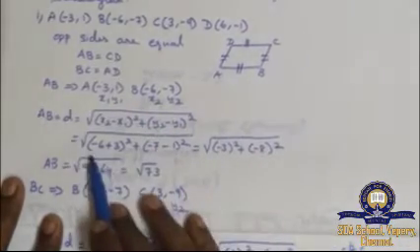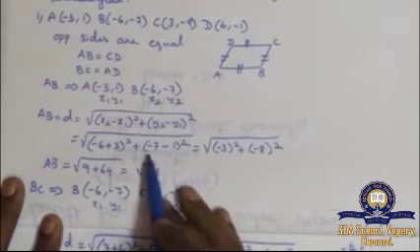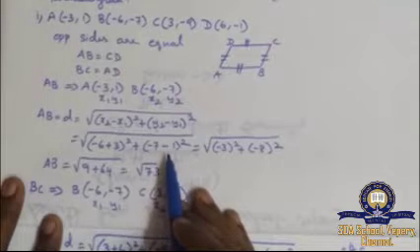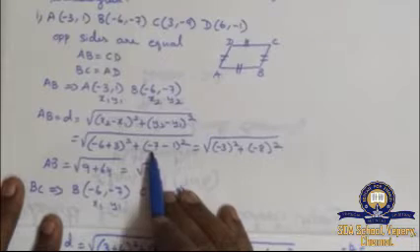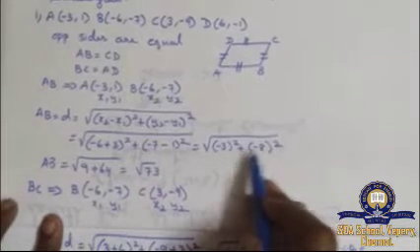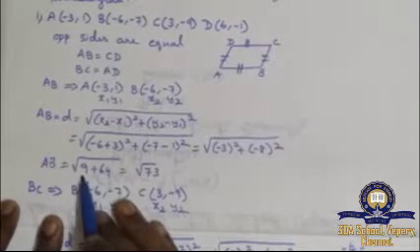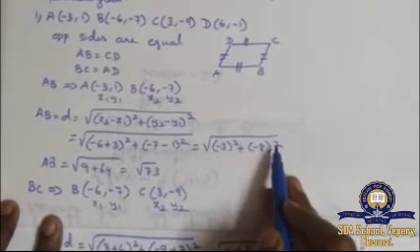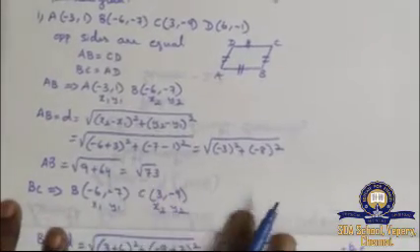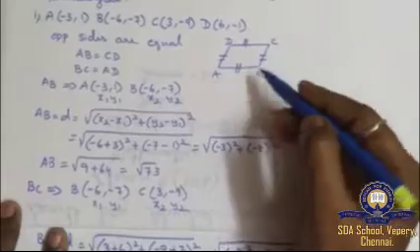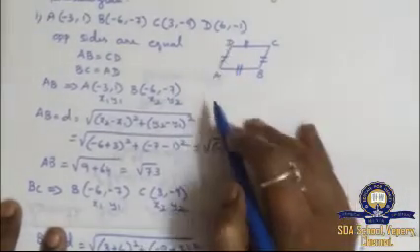Next step: minus 6 plus 3 gives you minus 3 the whole square, plus minus 7 minus 1. If it is the same sign, we have to add and put the bigger number's symbol. So 7 plus 1 is 8, bigger number symbol is minus, so minus 8 the whole square. Minus 3 the whole square means minus 3 into minus 3, so it is 9. 8 square means 8 8s are 64, minus into minus is plus. 9 plus 64 is root 73. We have completed AB, then we can find BC. Continuously AB, BC, CD and DA.